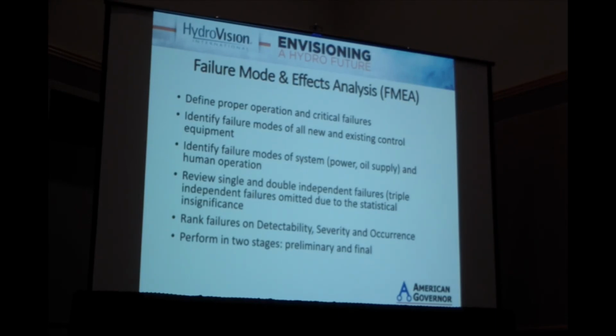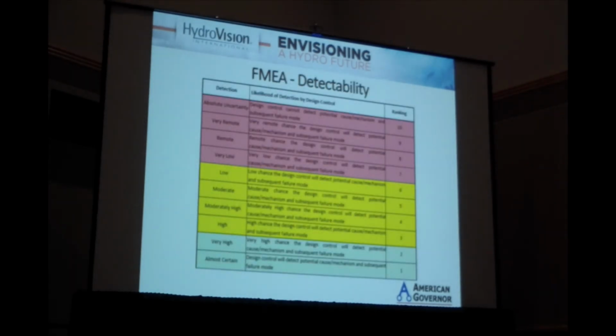And then what this looks like is you go through and rank all these possible failures on detectability, severity, and occurrence, and then rank them. And we did this in 2 phases. We did this at the beginning of the project to come up with our initial design, and then on the final design to validate it. So based on time, I'm going to go through this a little quickly, but we rank every failure mode on detectability,